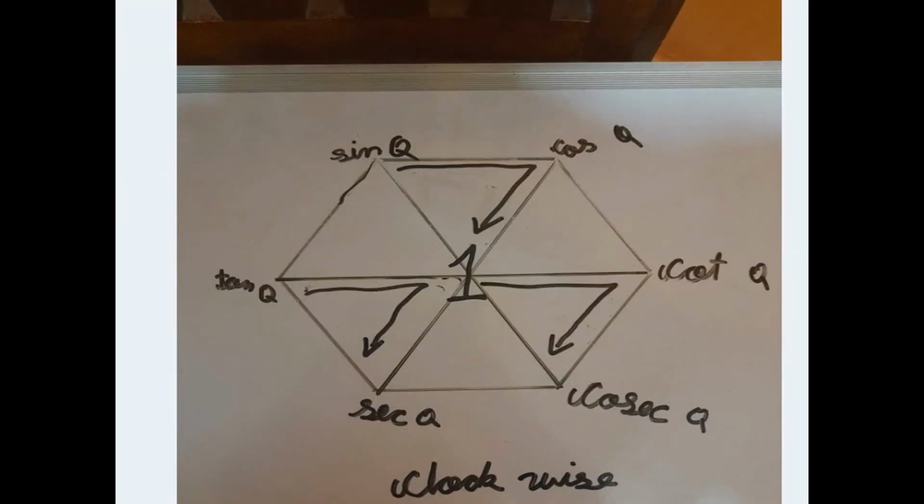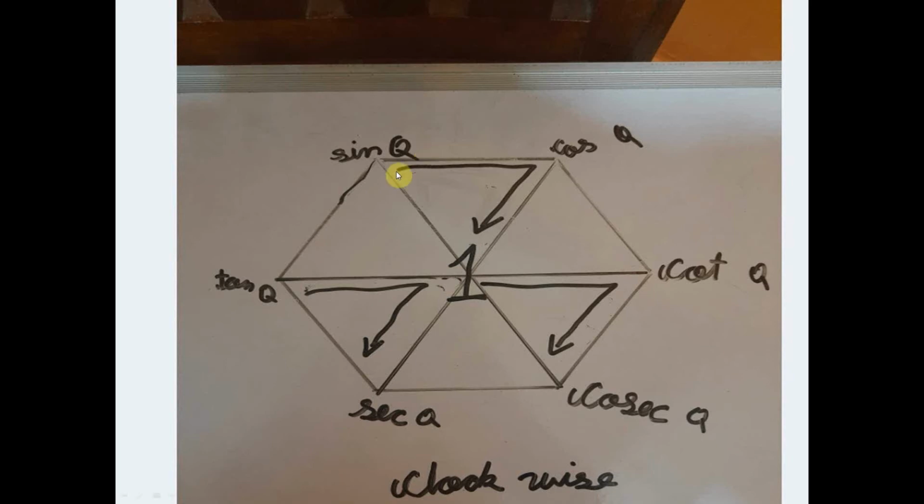The first diagram is of a hexagon. In the first video there was that hexagon, but the change now is that we have to take only 3 triangles, which are these arrow ones. You have to draw the arrow clockwise in just 3 triangles. Okay, now this diagram is for square formulas.